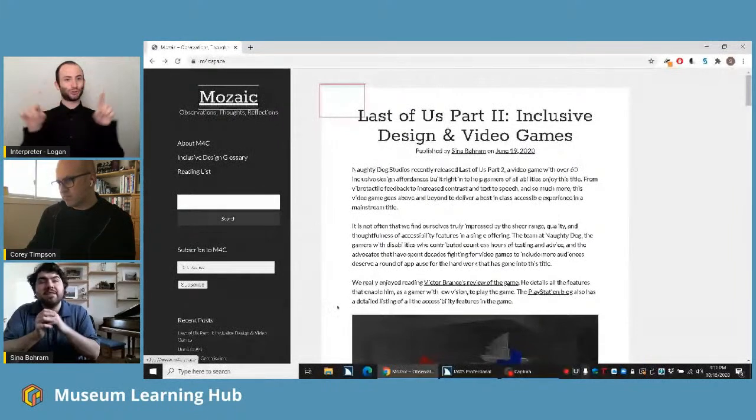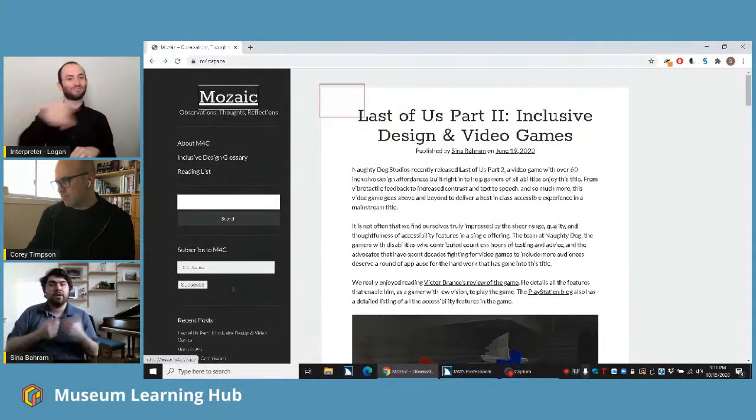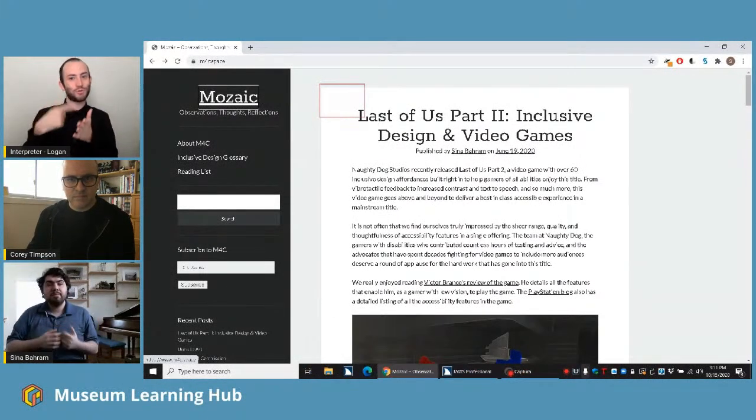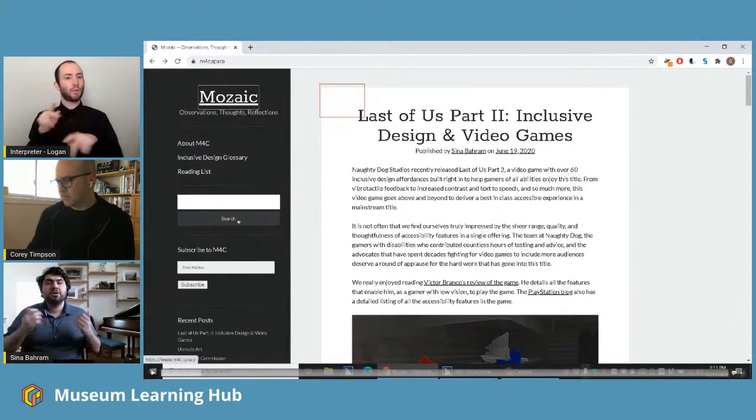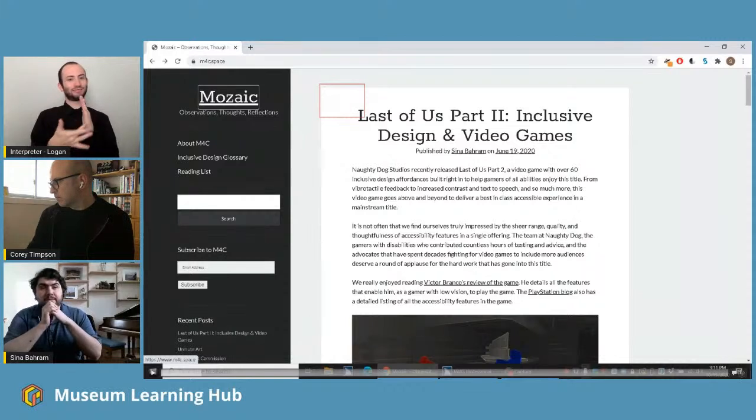And while Corey does that technical machination, what we're about to see is a video that demonstrates a screen reader, like the one that I use personally on my computer, interacting with a website, just to kind of get a sense of how somebody who's blind or low vision may use a piece of assistive technology in order to access the web.